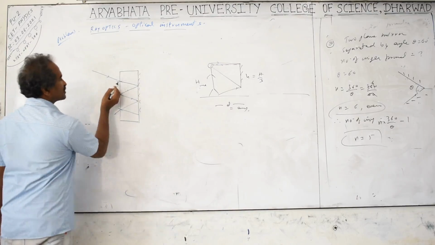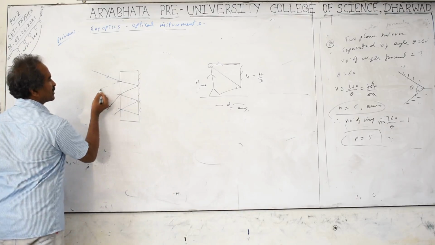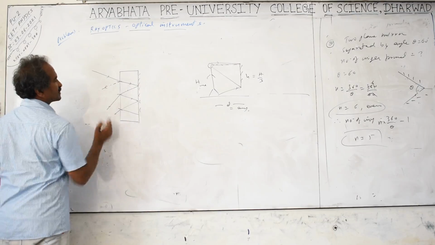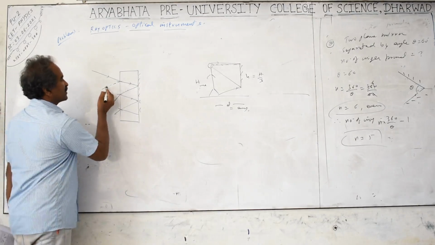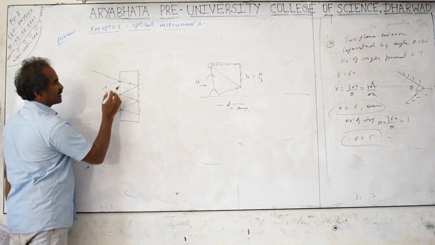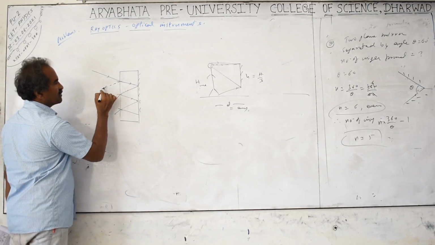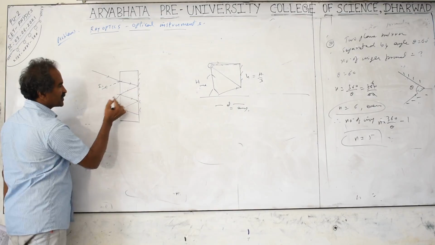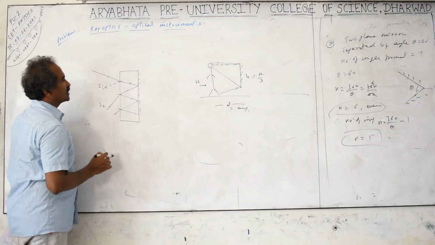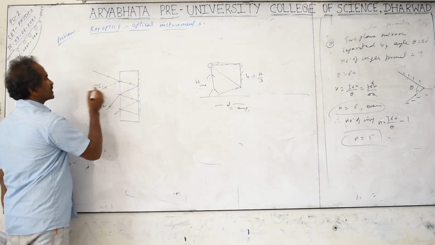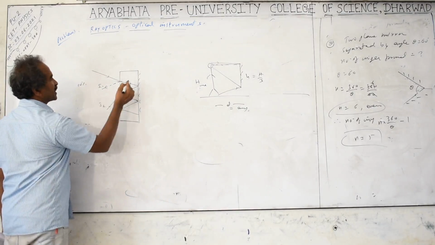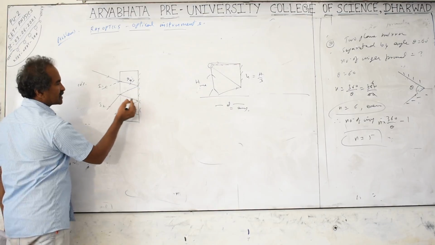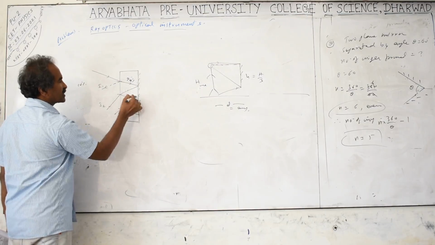Here, at the first surface, some light is also reflected backwards. This is a reflected light. This is a refracted light. Reflection is less than the refraction taking place here. So this image, we see this as image 1. Afterwards, reflection from the silvered surface, you will see this as image 2. Generally, they will mention 10% reflected and the remaining 90% transmitted. From this, again 90% coming back, again 10% reflected out of 90%.